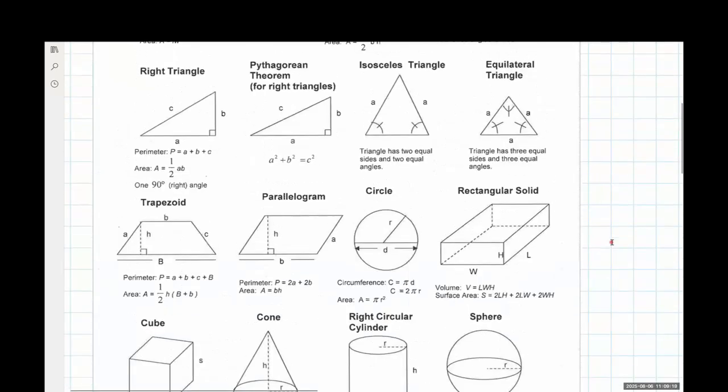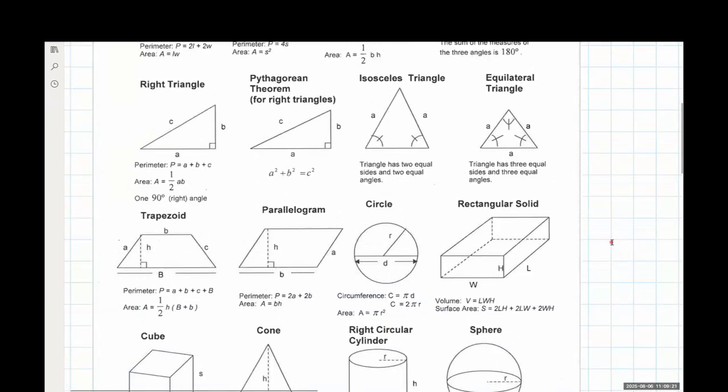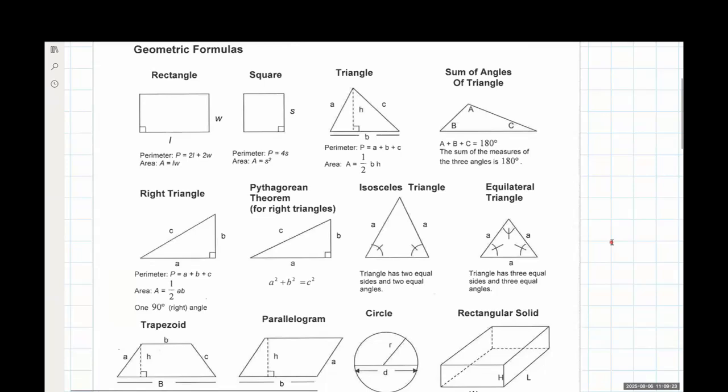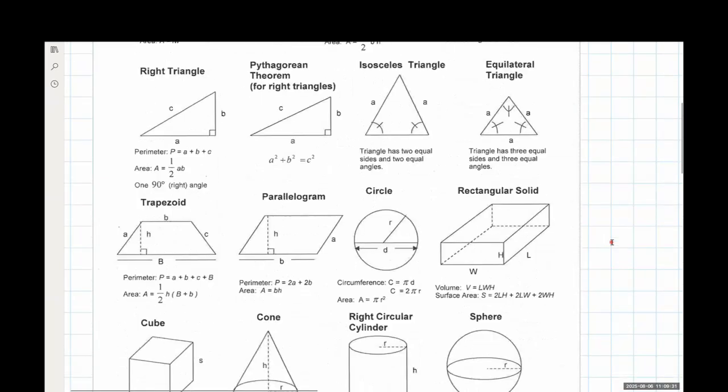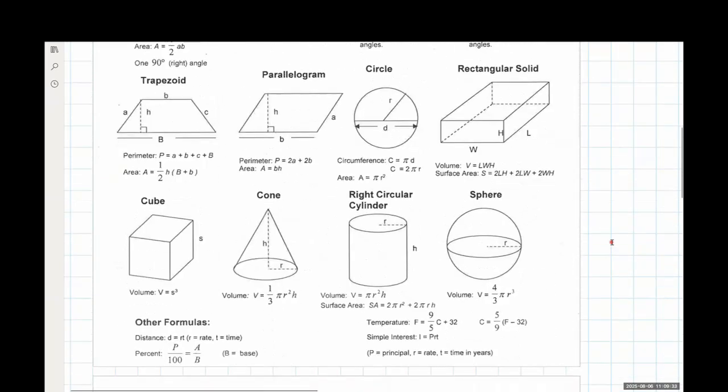So just wanted to note this as a resource that is available to you guys. You are welcome to download it, save it, print it out, or if you're watching this later online on YouTube, you can pause the video, screenshot this thing and then build your own version of this through Photoshop or something like that for your own cheat sheet there.